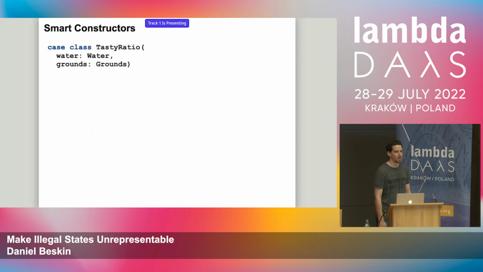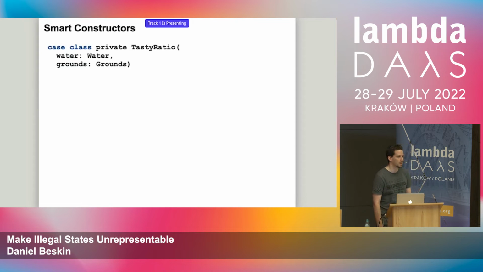But unlike the invariant of the coffee order, which was kind of simple, that Irish coffee must have cream and whiskey, this invariant is a bit trickier to get right. And just using algebraic data types, you probably won't be able to easily enforce it in the types. Correct me if I'm wrong if you have a way of doing that, but probably not likely and won't be worth it. So instead, we're going to use smart